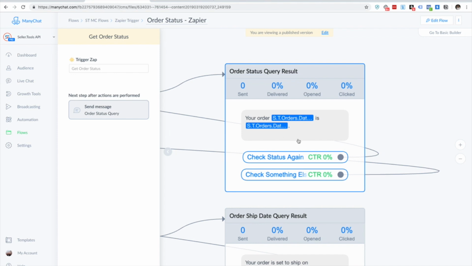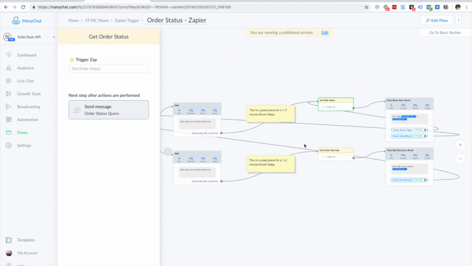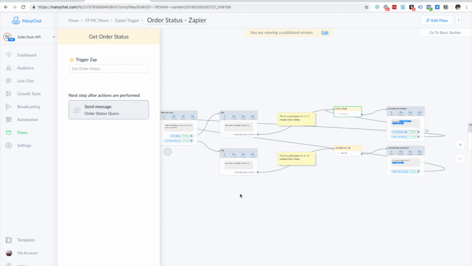So it's as easy as that. These flows make it really easy to implement this. And the beauty of the Trigger Zap event is that you can set this up once and use it across a number of different flows for different purposes. So really, really easy to configure, and I hope